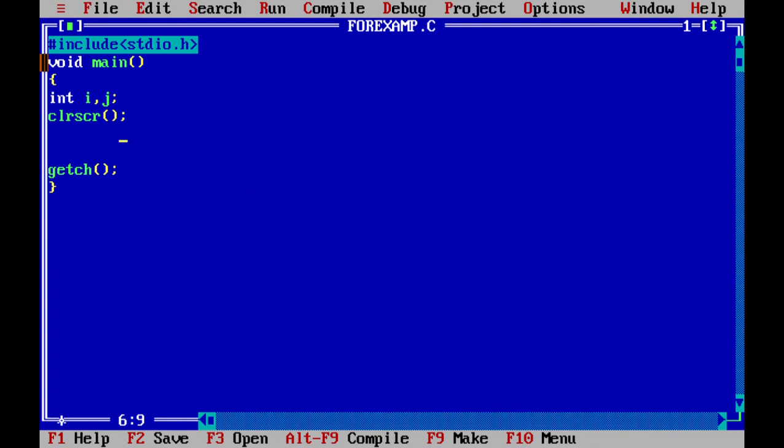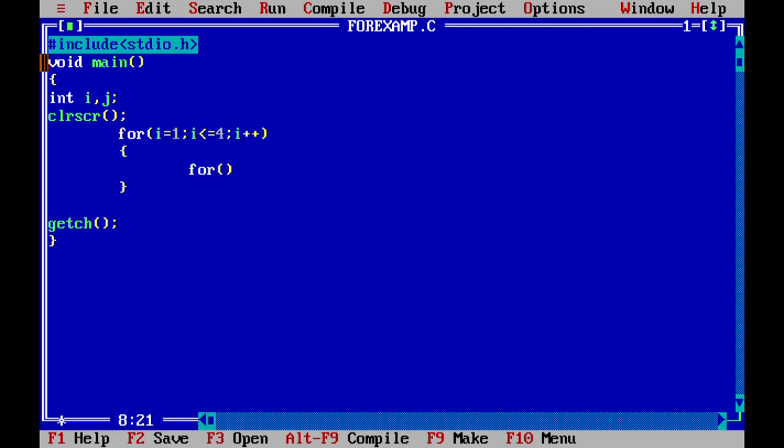In this lecture, we are going to see the nested for loops. What is meant by nested for loop? Writing one for loop into another for loop is called a nested for loop. For example, I have written one for loop here: i = 1; i <= 4; i++. This is my outer for loop, and inside that I have written again another for loop,